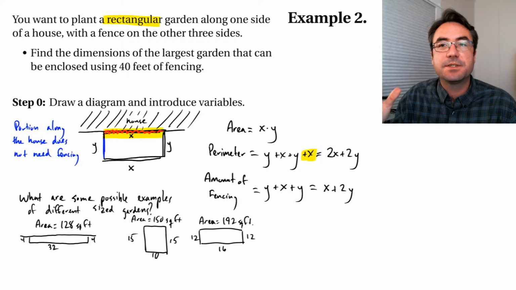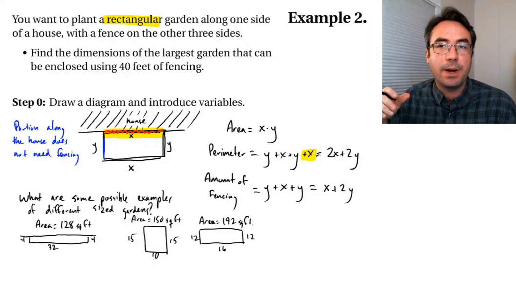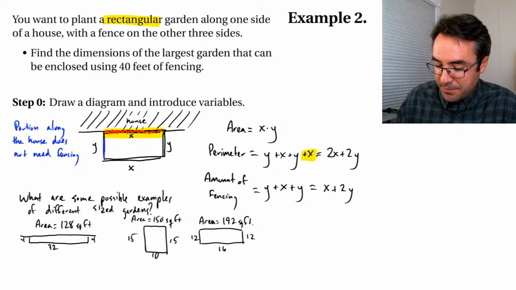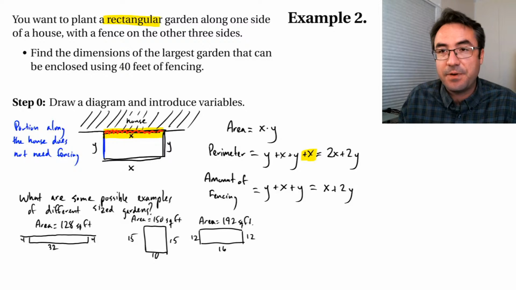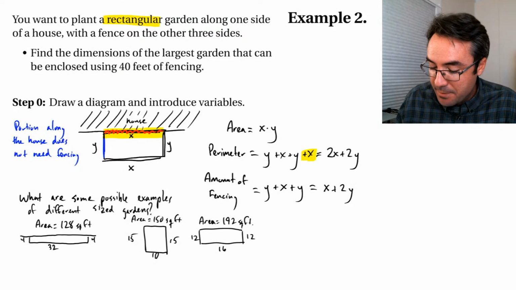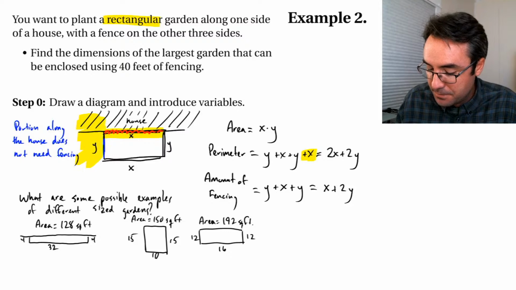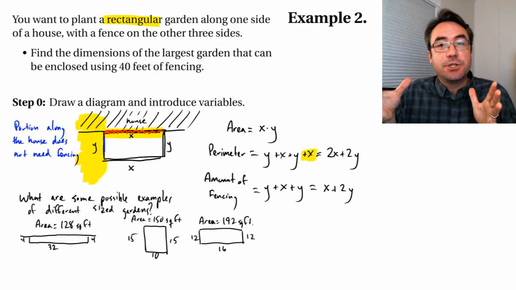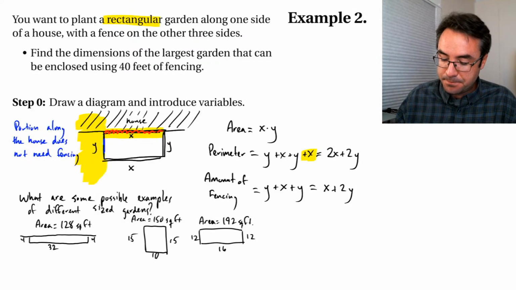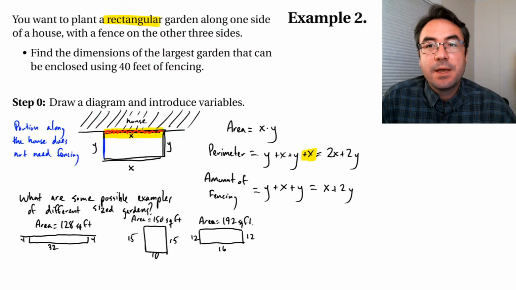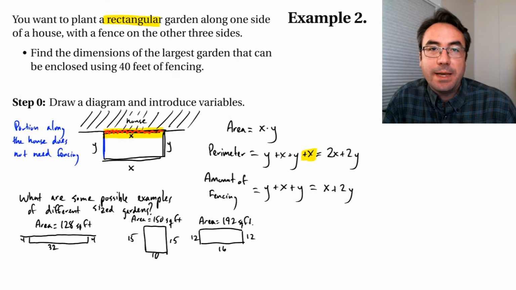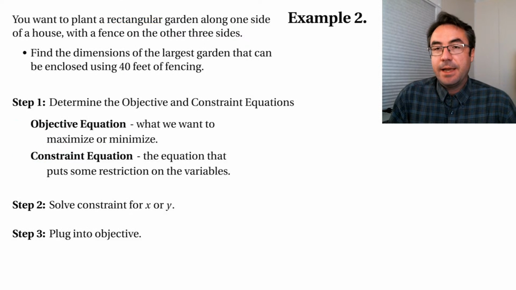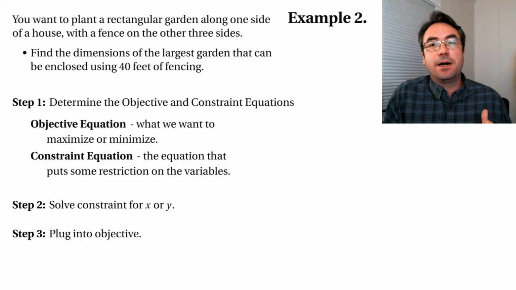So as long as you're consistent with your variables, you can use whatever you want. Maybe if I drew this diagram a little bit differently, maybe my house was over here, and I would have taken away y. Perfectly fine, as long as you're consistent. But for our problem, I drew my house along that x side, so I took away an x. All right, so let's go through now the actual process of